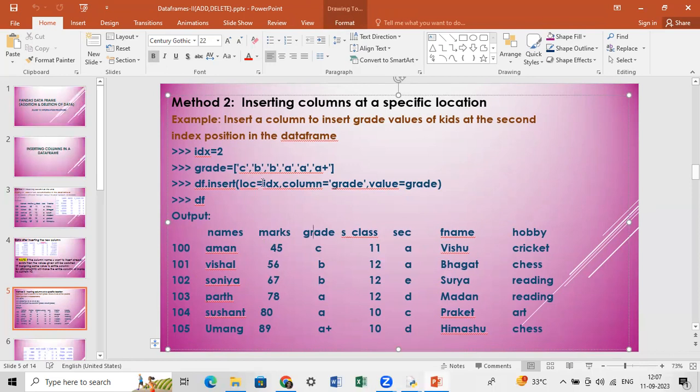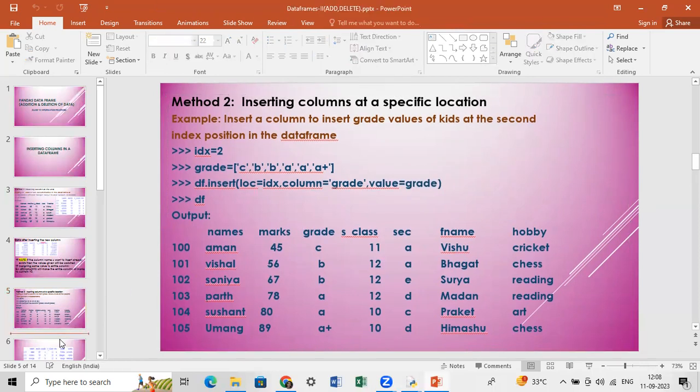So my position goes here, the name of the column goes here, and then the list of values. 3 things I have to give. Right? We can practice that. Next, we move on to